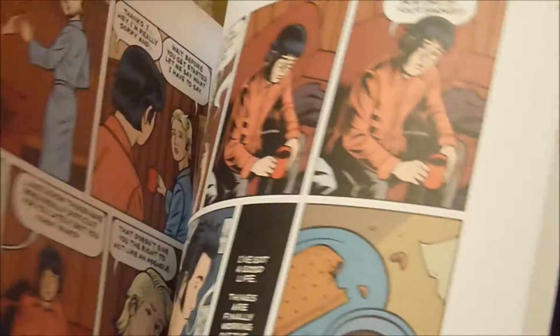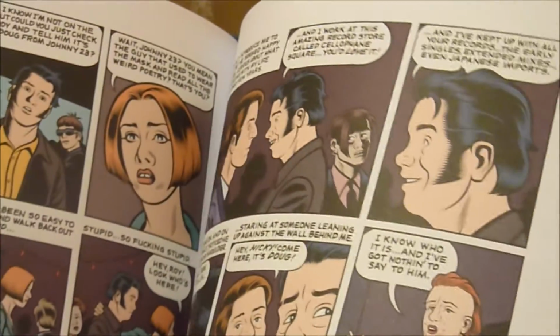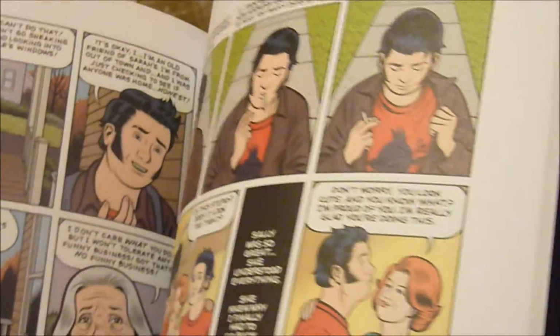And Charles Burns, I love his artwork. Black Hole is one of my favourite graphic novels. It's amazing. And I think that's all from this one. Yep. So I'll go on to...